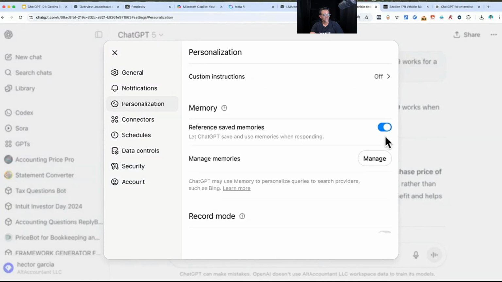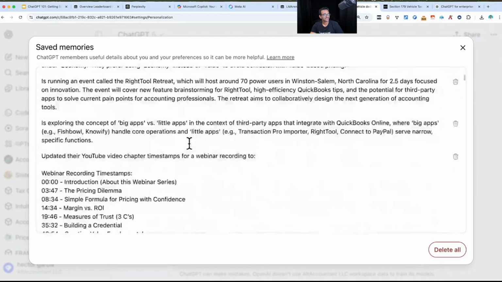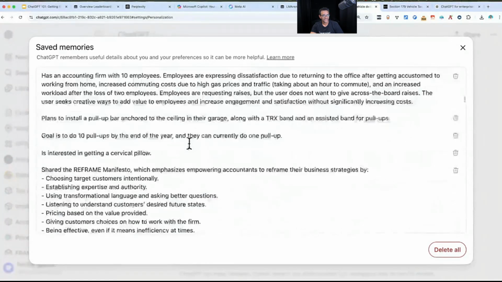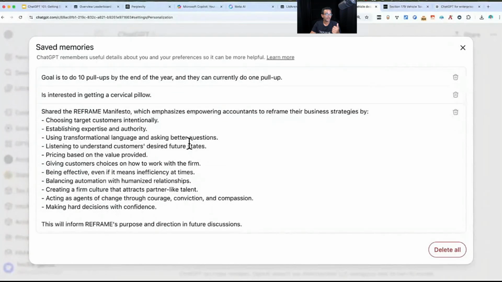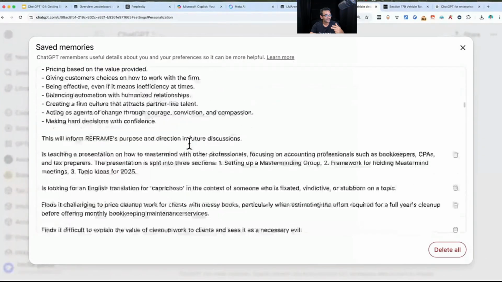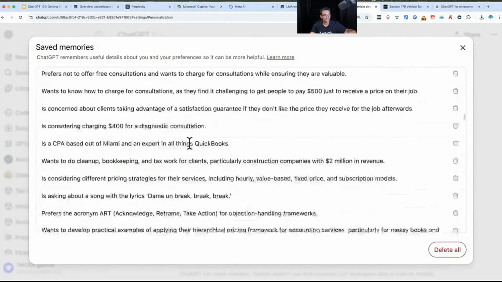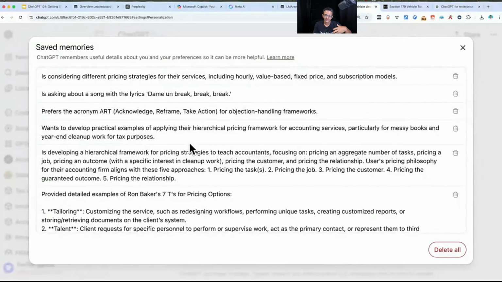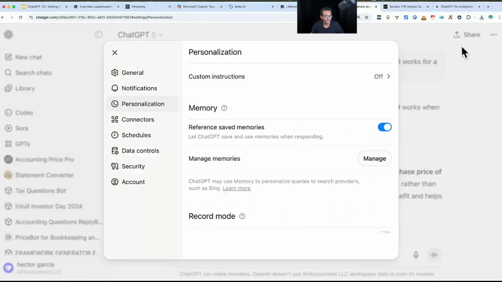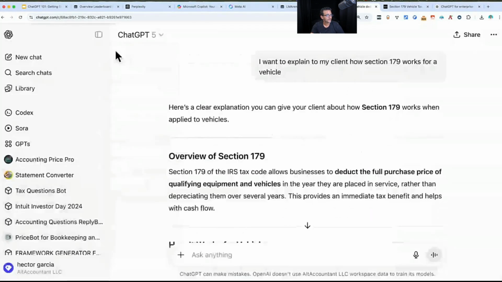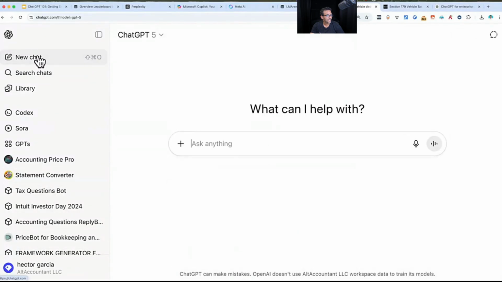I'm going to turn on the memories. I'm going to click on manage here just so you can see. Every single conversation I've had with ChatGPT where I told it, remember this, remember that, it saves this information and will keep it for context in the future. So for example, I'm going to start a new chat, and I'm going to say,